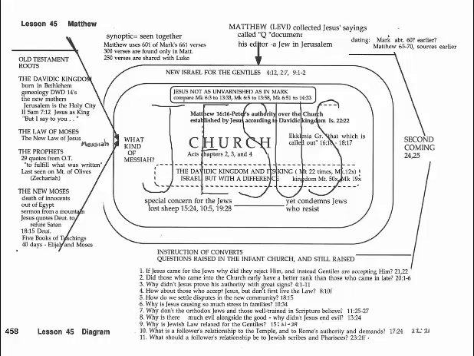How about those who accept Jesus but don't first live the law? There is a new law. It is the law of the Sermon on the Mount. How do we settle disputes in the new community? There's an instruction for that in the 18th chapter. First, you go to the person. If he won't listen to you, you take another fellow from the church to talk to him. If he won't accept that, you take the whole matter to the church.